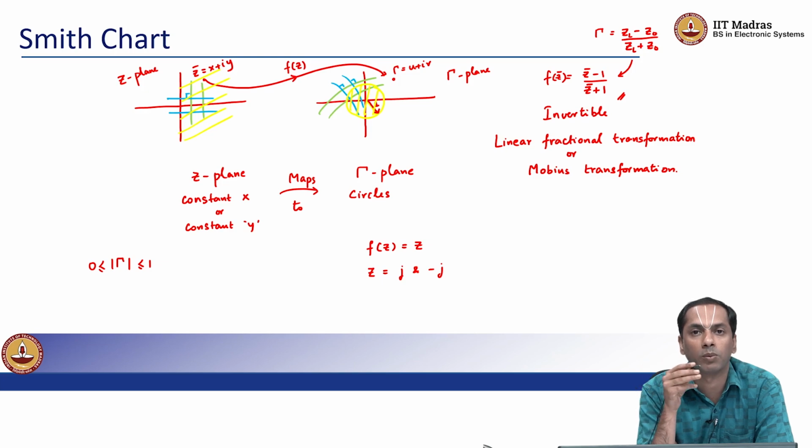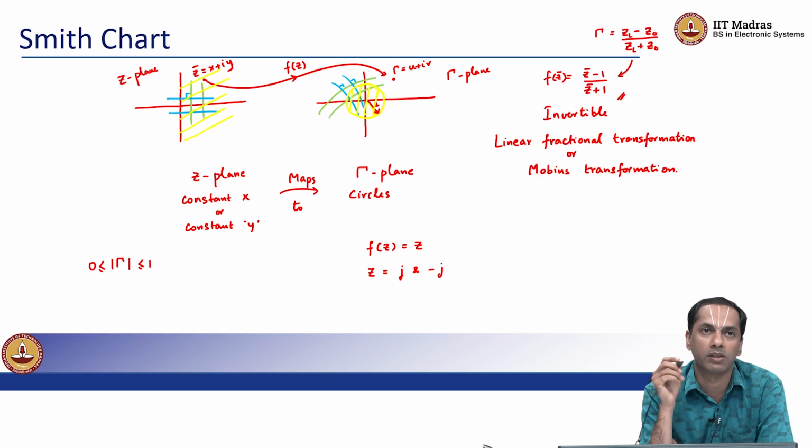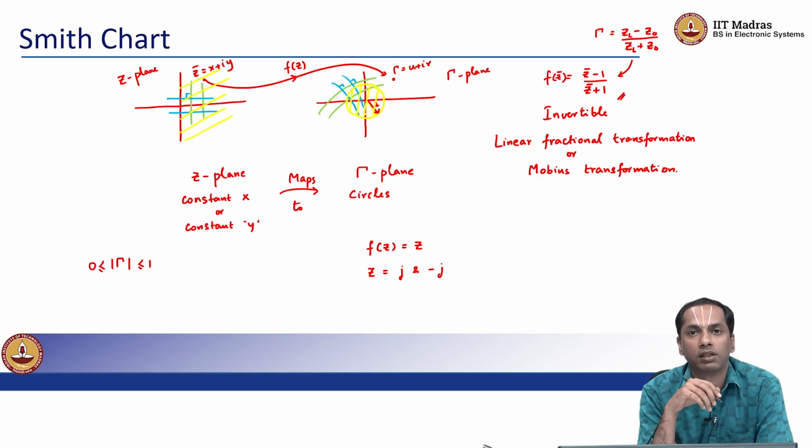But remember, all of the points in the right half plane have to find themselves a point within the unit circle in the gamma plane. So we are looking at the yellow shaded region in the z plane mapping to the yellow shaded region within the unit circle in the gamma plane. So this is the transformation that I am making when I say that I am trying to plot a Smith chart. All the loads that I have, I am conveniently trying to map them to the reflection coefficient that it will have,